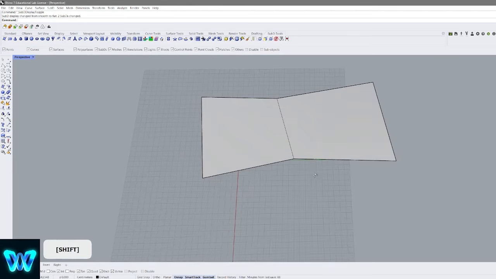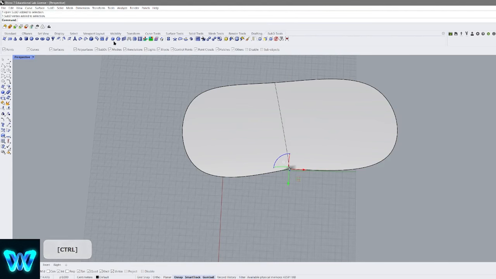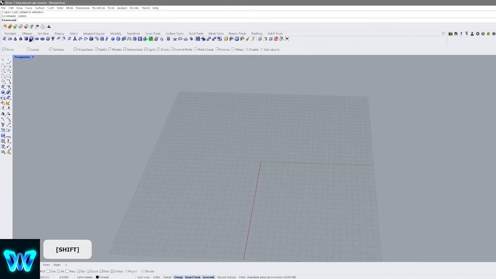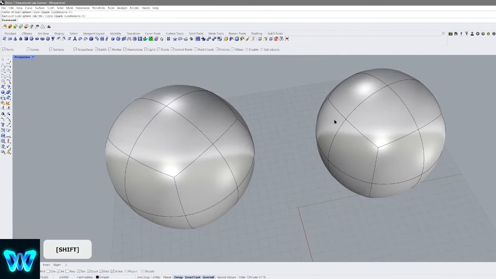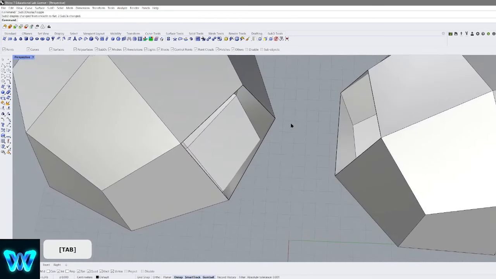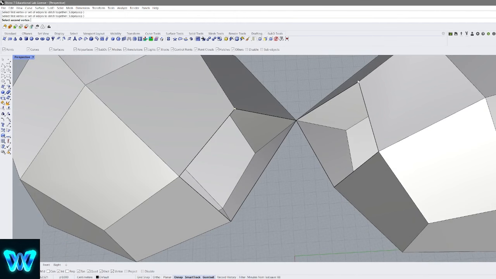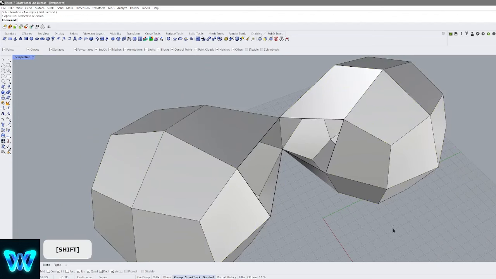One thing about stitching is that if something is creased, the moment you stitch it, you're gonna have to uncrease it and crease it again. So here I have to uncrease it and then crease it again. Well, in this case, it maintains that, but in other cases, you're gonna have to uncrease it and crease it in order to actually make it work. So for example, here, this is not the conventional way to do it, but if I connect these, right, if I stitch it, and let's say I have this whole loop creased, right,